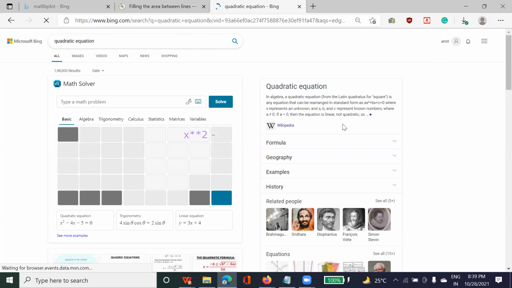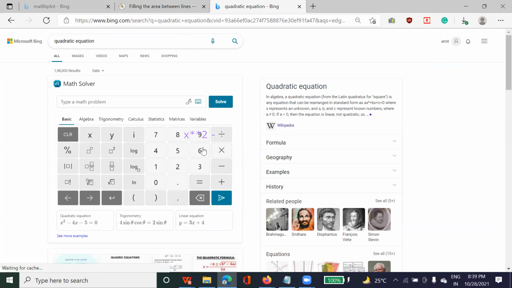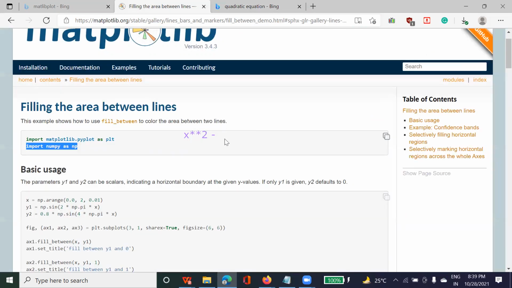Ax square plus bx plus c, that only I was telling you. So suppose the equation is x square minus 5x plus 8. How are we going to write it down? You can write it like this: x, I told you for power how you take 2, minus 5 into x plus 8, right? It's simple.